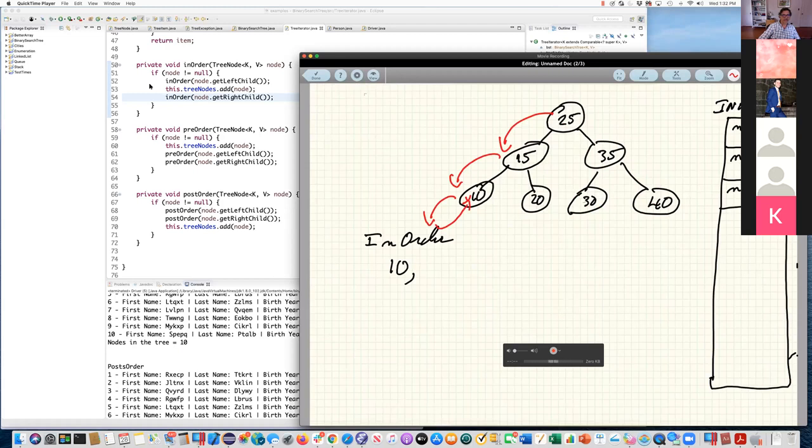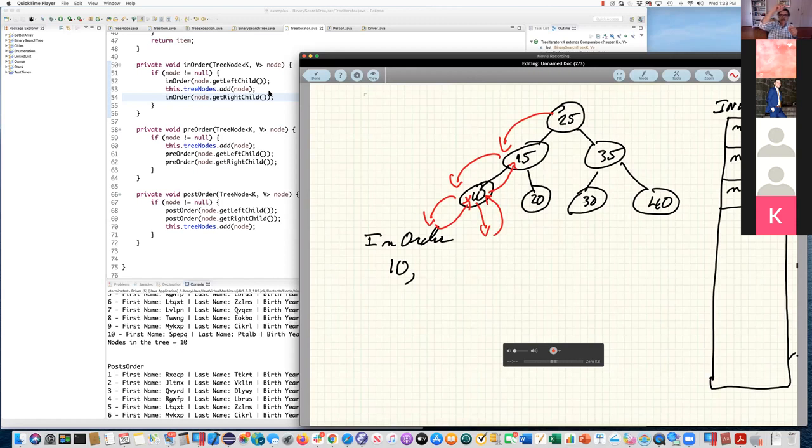We're going to call that line that puts the node into the vector as visiting the node. Okay? Visit the node. Now go right, come back, and now return. Okay? Because after I've gone to the left and come back and visited the node, I'm going to go to the right, return. The node has already been visited, right? Because I'm coming back from the right branch from line 54.